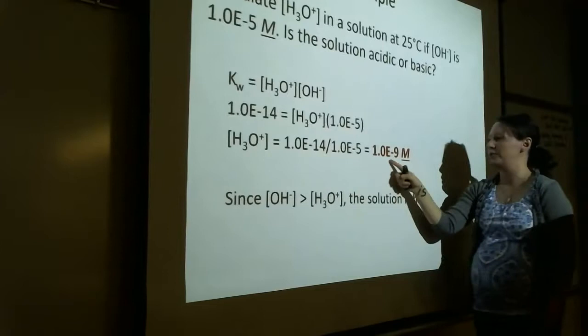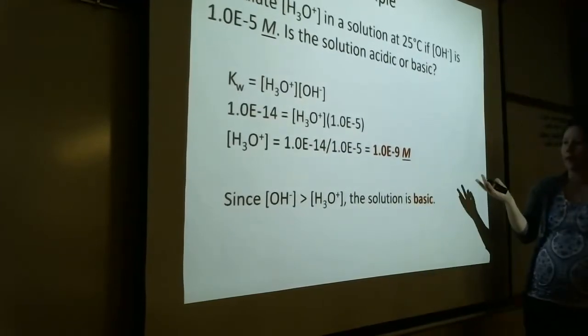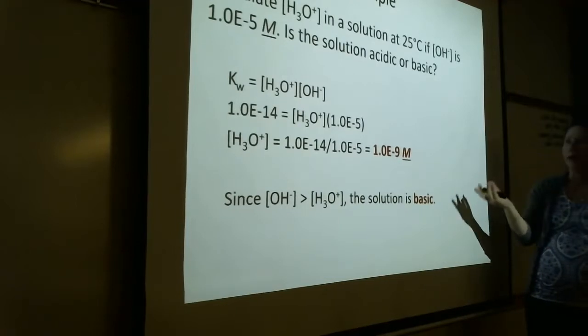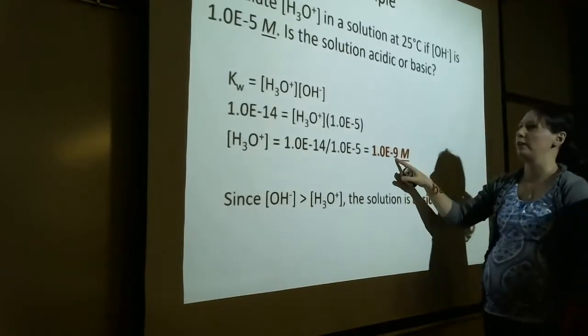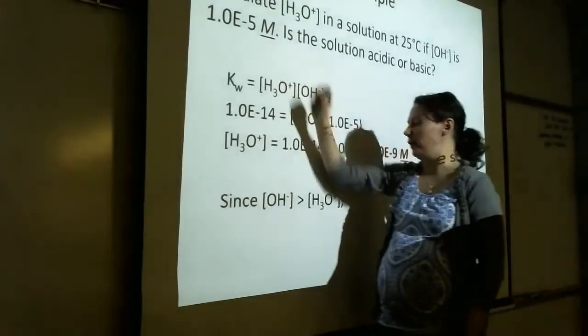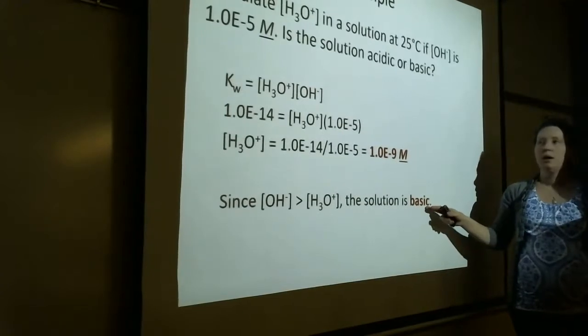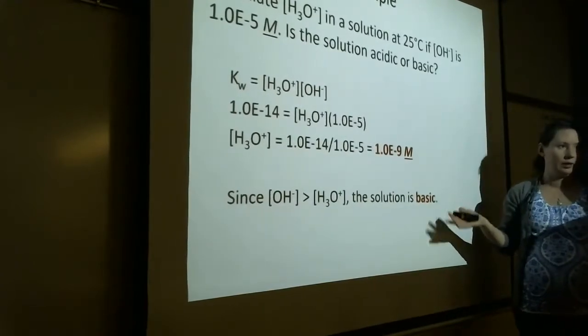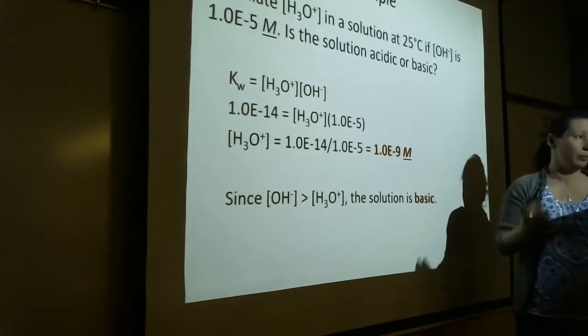So I get 1 times 10 to the negative 9th. Now I just ask myself, okay, which is present in the greater quantity, the hydronium or the hydroxide? Well, this one's 10 to the negative 9th, this one's 10 to the negative 5th, right? So I would consider this solution basic. Now this is great, right? This is a great way to calculate and determine if a solution is acidic or basic, and you can do